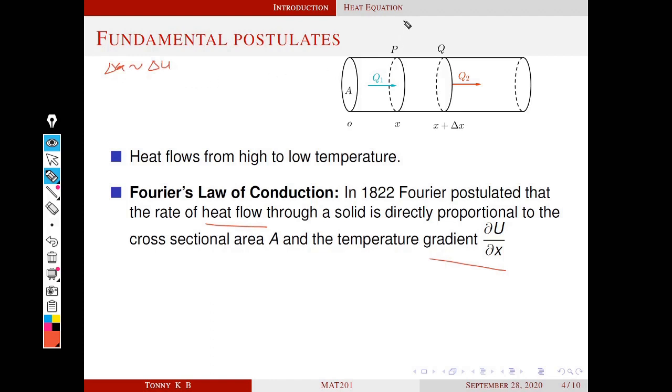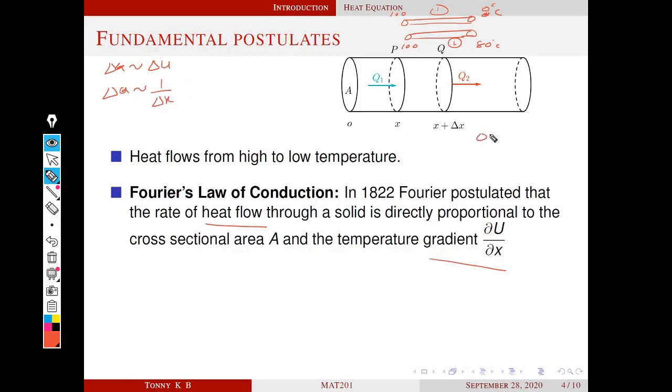That is very clear if you consider two metal rods of the same length. One is at 100 degrees and the other is at 80 degrees. Then from our experience, it is clear that the amount of heat flow is larger in the first case, because the temperature difference is higher. That is the meaning of this sentence: delta Q, the amount of heat flow, is proportional to the temperature difference. The other observation is that the amount of heat flow delta Q is proportional to 1 by the distance between them.